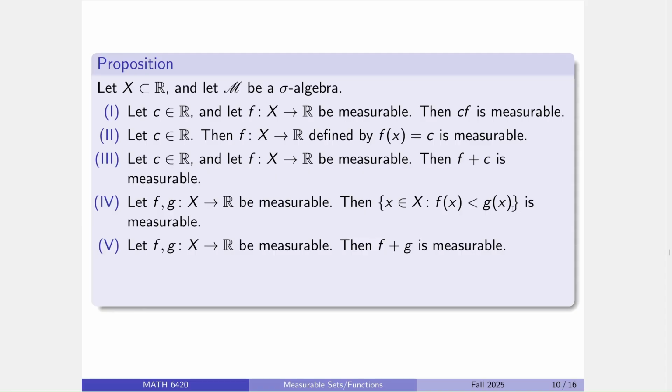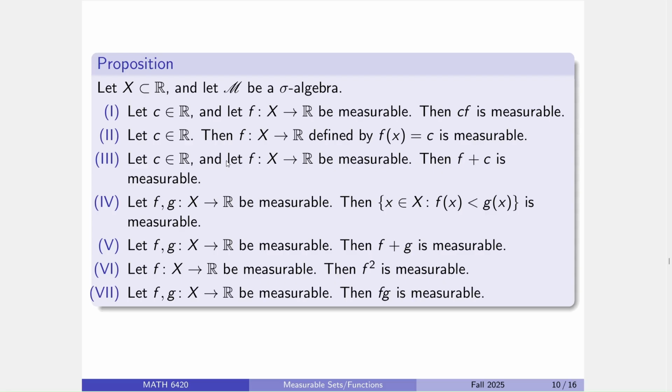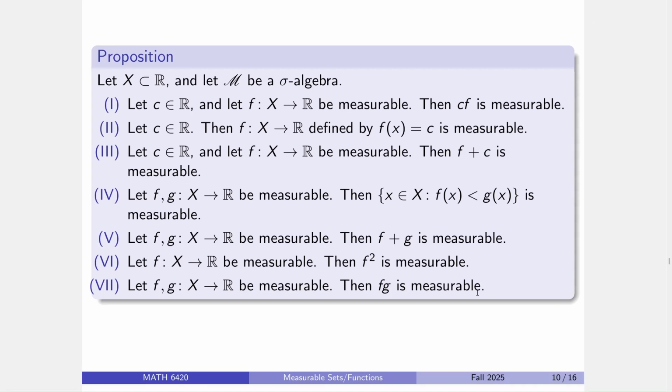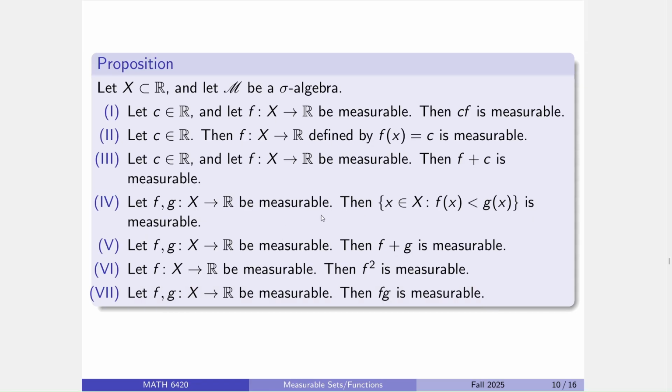And then we'll prove that the sum of two measurable functions is measurable, so that's kind of where all this is building up to. If you take a measurable function and square it, it remains measurable, and then the product of two measurable functions remains measurable. Cool. So a pretty beefy list here of constructing measurable functions from our basic algebraic maneuvers. Before we go on, I do want to point out this one right here is the bane of my existence. The product of two measurable functions is measurable.